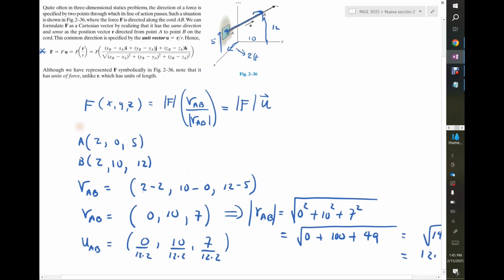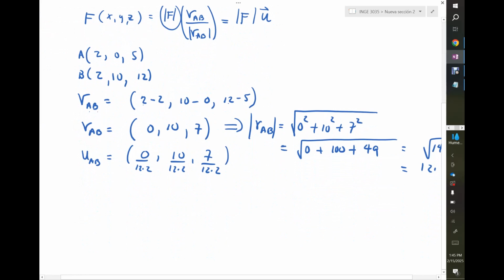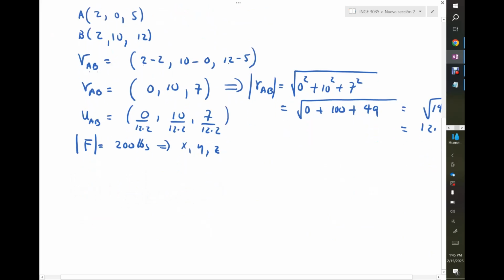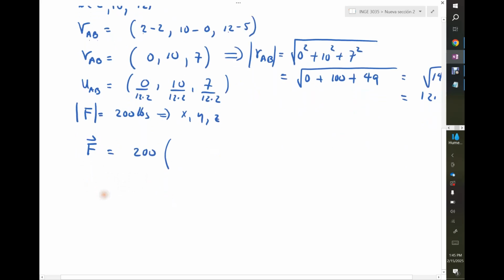For some reason, we know already F has a magnitude, like, we can say that F equals, let's say, 200 pounds. How would be the distribution of that magnitude of that force of the 200 pounds in the axis X, Y, and Z? For that vector F will be 200 times the distribution,